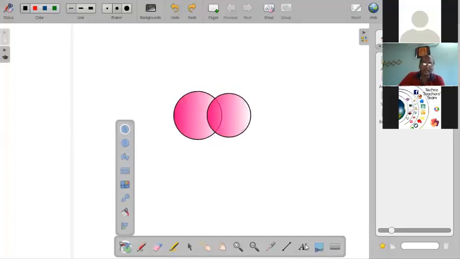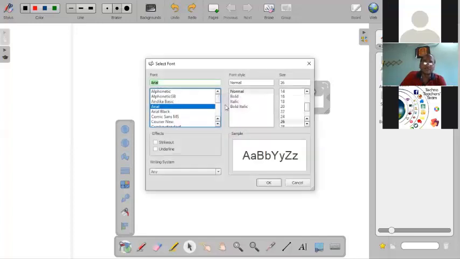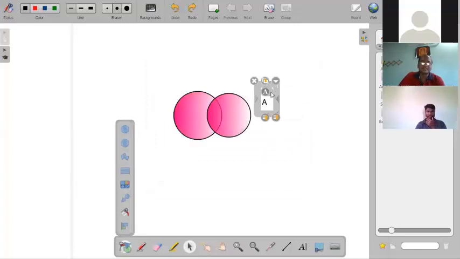Now again we can make shapes. Right. Now I have to type this one. Look at this one. This is meant for typing purposes. For example, I want to type this is set A. Now I typed it. Now I want to change the font to Arial Black. I changed it.